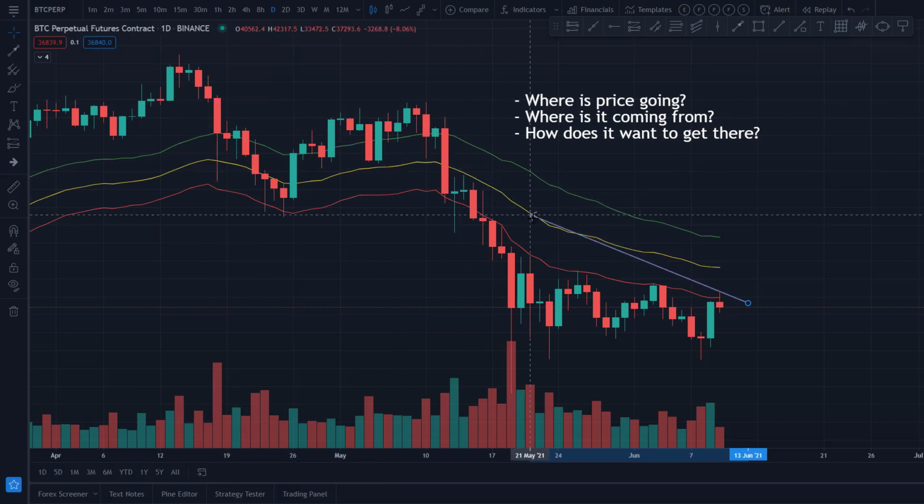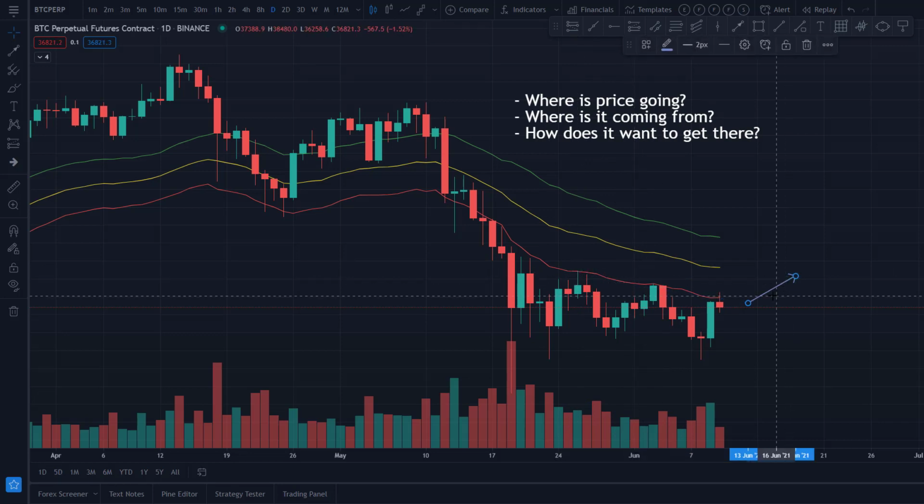in addition to still being short from way back here. So when I'm looking at where is price going, and I just pull up a chart like this, my immediate answer comes from something that I've built, that I rely upon, that I believe in, the probability that it gives me an edge in the market.